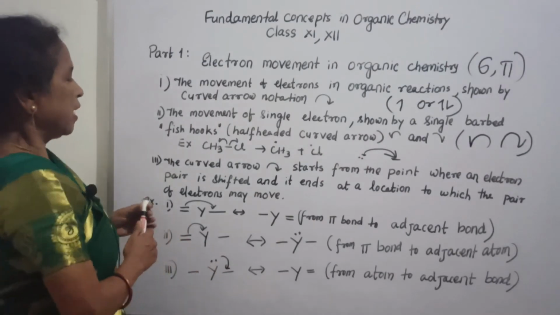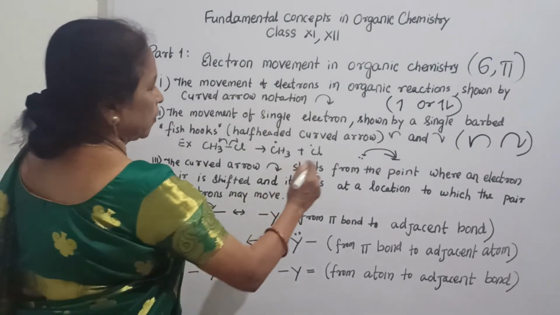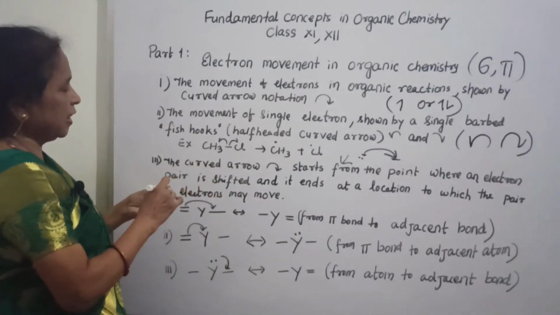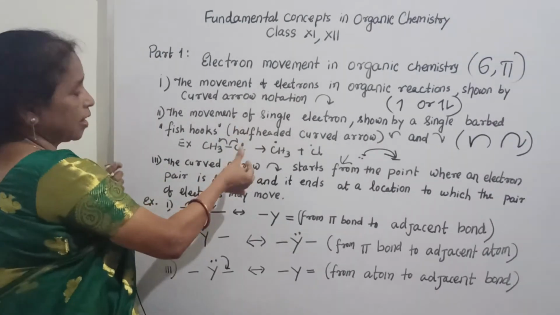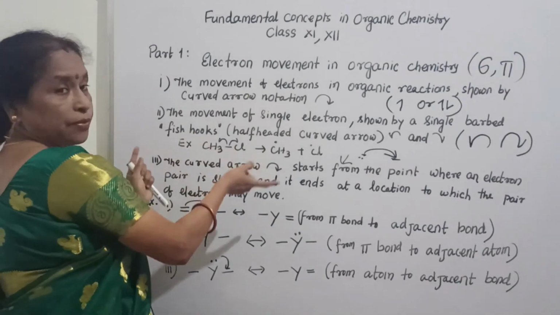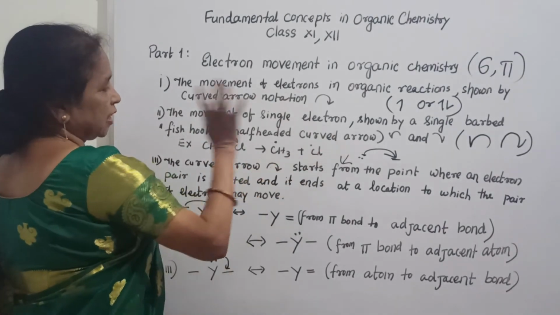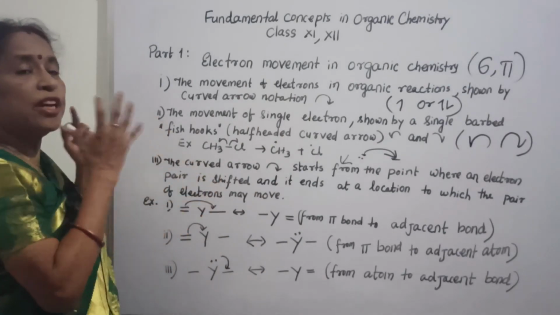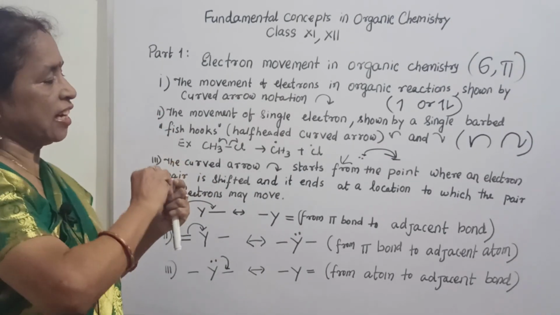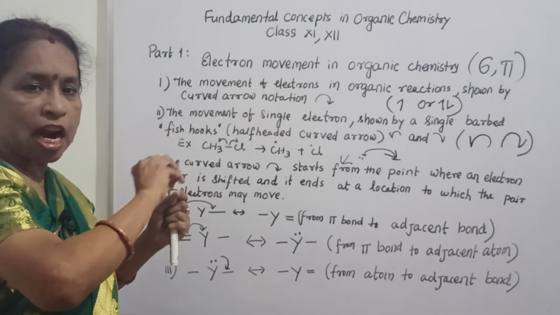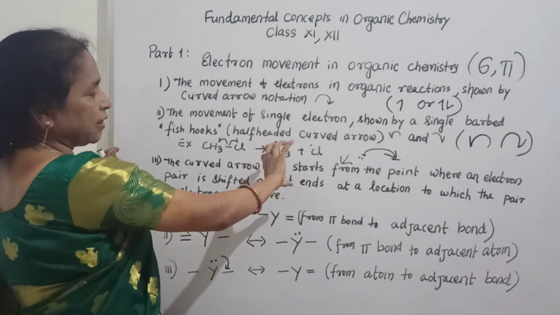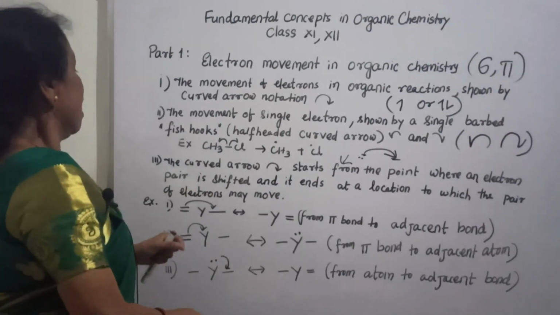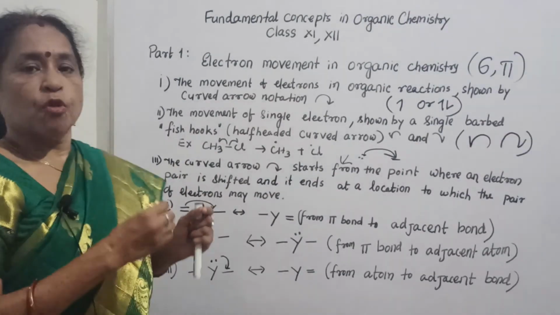And now here, if CH3Cl has a half-headed arrow on this side and a half-headed arrow on this side, the movement of electrons is like this. So this is the result, CH3 dot and Cl dot. And what does the curved arrow mean? The tail indicates that the movement of electrons starts from the tail and ends at the arrowhead of the curved arrow. And this is the type of electron movement